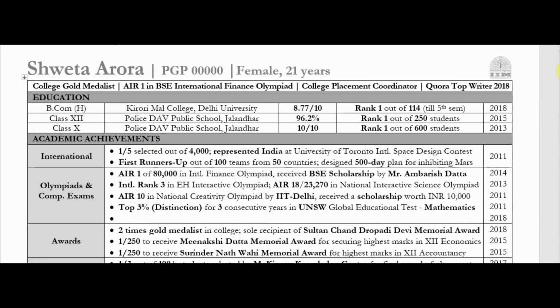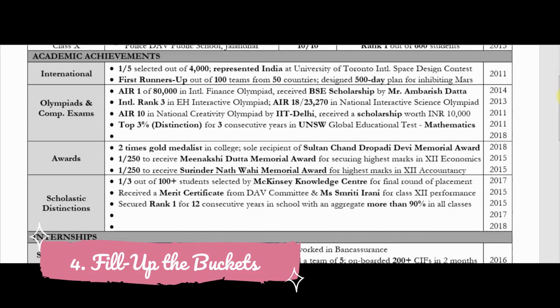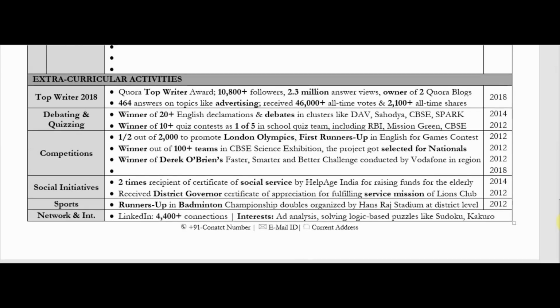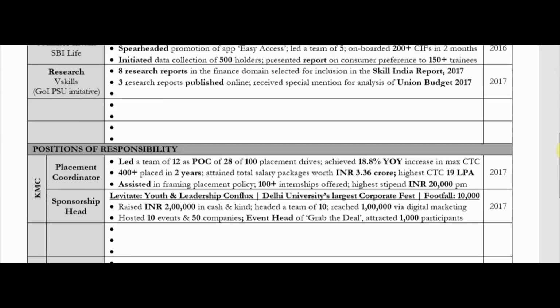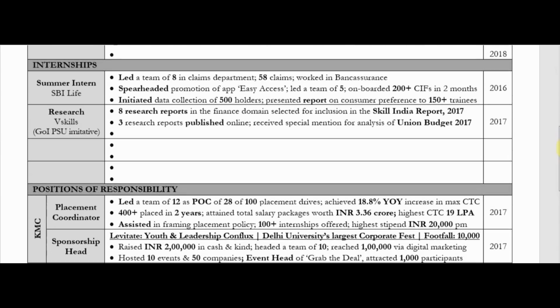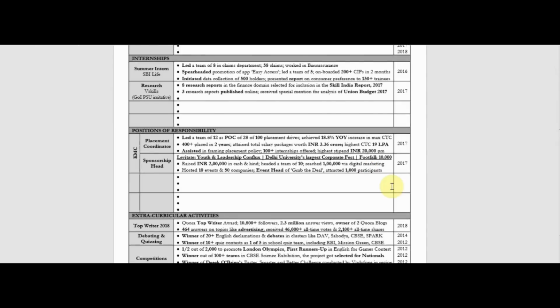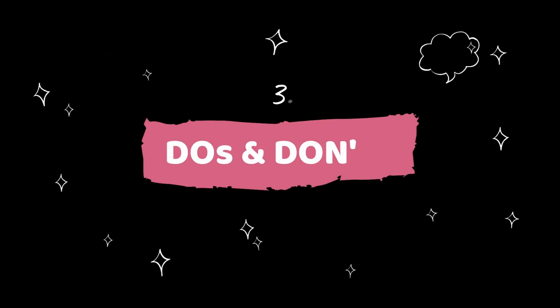The final step in the process is to go through each and every bucket and check how much it already weighs as compared to others. And if there are some buckets in your CV which weigh more than others, then you need to balance it out by picking up more points from the master CV and putting them in the empty buckets.